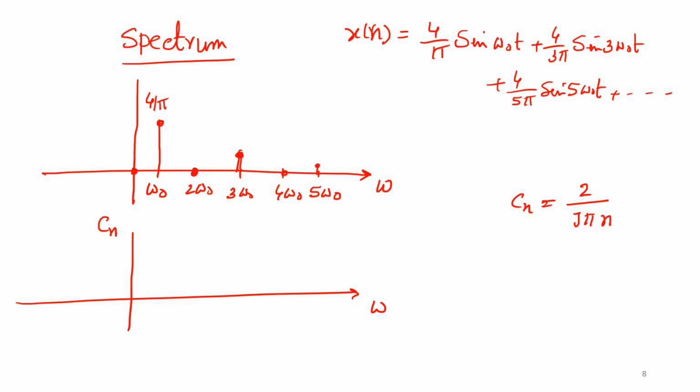Okay, so if I consider the imaginary of Cn, no, then this term will be there only, or magnitude, that's better. Magnitude of Cn I want to consider. What is the magnitude? 2 upon pi n. So you see the magnitude here,